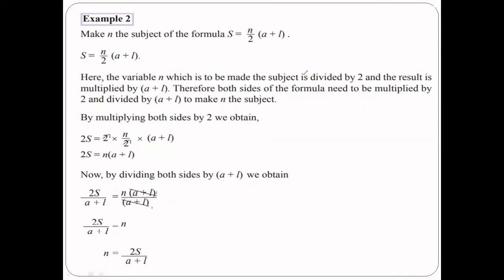Here we can't remove n because we want to keep only n. N is the subject. Make n the subject. N should be in the right hand side. Vidumini, we have to keep n in the right hand side. Therefore, here we should not divide by n. Can you understand? Because we want to keep only n in the right hand side. So you can't divide by n, you have to divide by this bracket, a plus a. Okay. Our goal is keeping only n in the right hand side. That is why we don't divide by n.